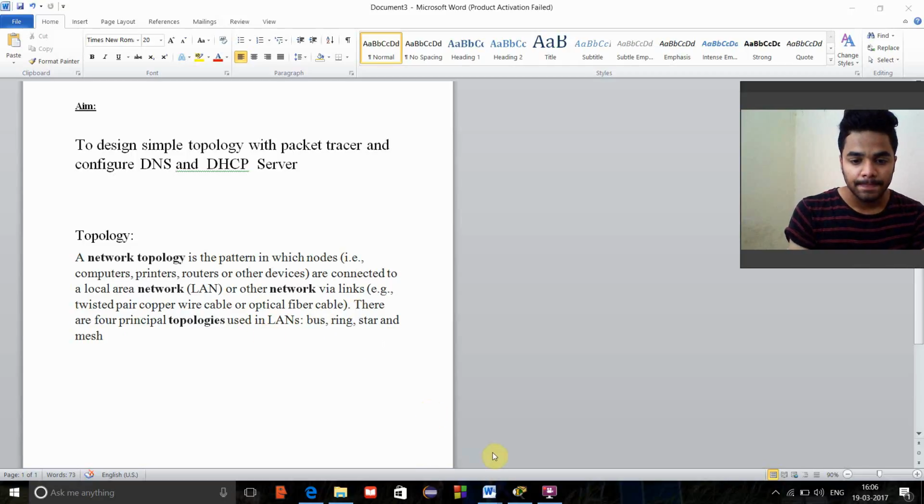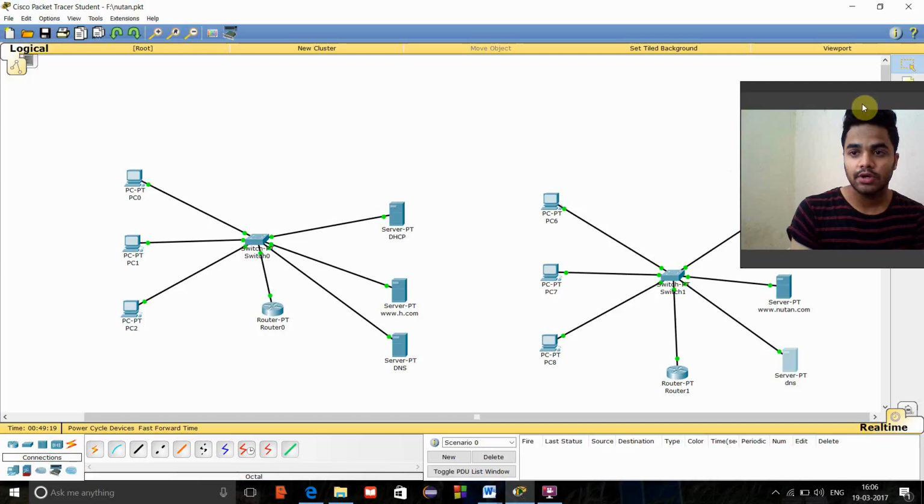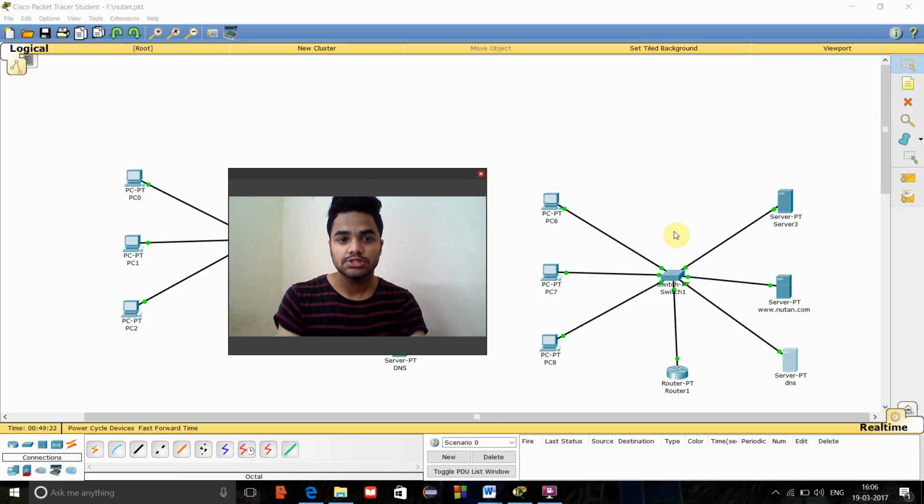So let us see the given program here, the Cisco Lab Packet Tracer. Here I am taking one switch, and I have given three end devices with a straight-through copper wire connection. I have taken three end devices connected to the switch, and here I have taken the router, which is also connected to the switch. Here I have taken three servers which are connected to the switch.